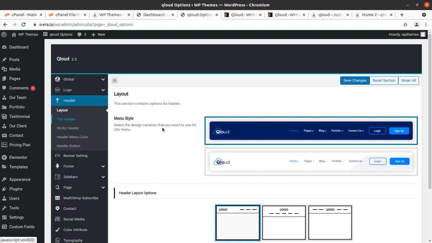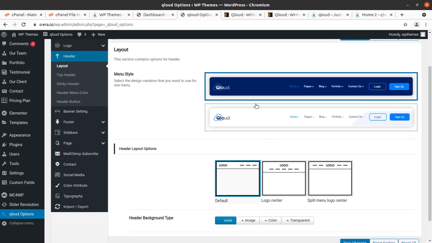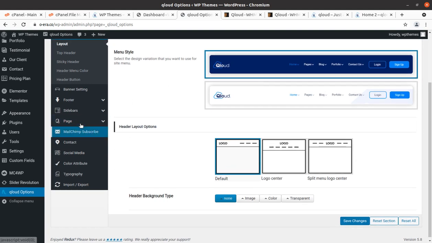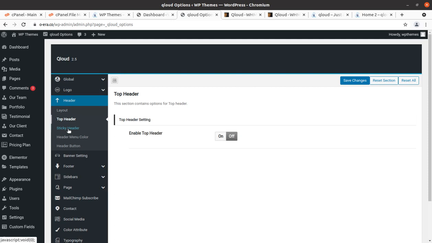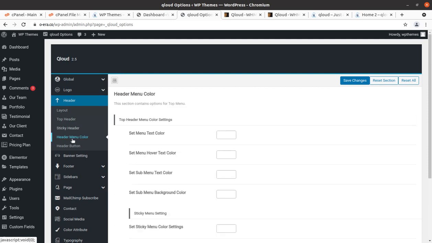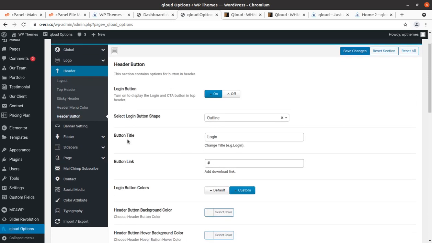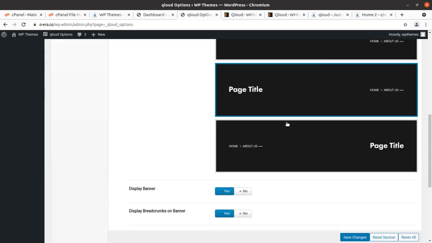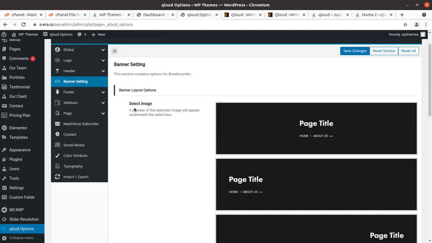Header part again, we have two options to choose, and logo area can be chosen here. Top header, sticky header, header menu color, and header button. Banner setting, so again this is the page title, you can see the breadcrumb area.